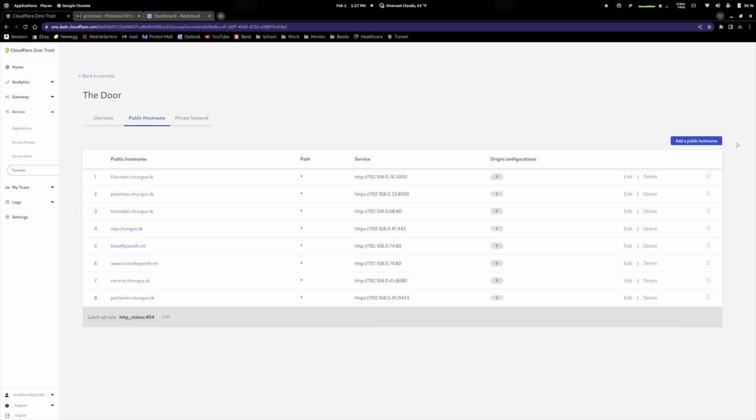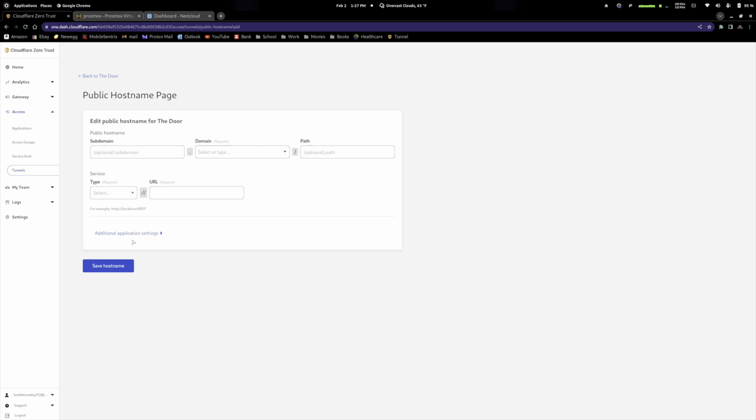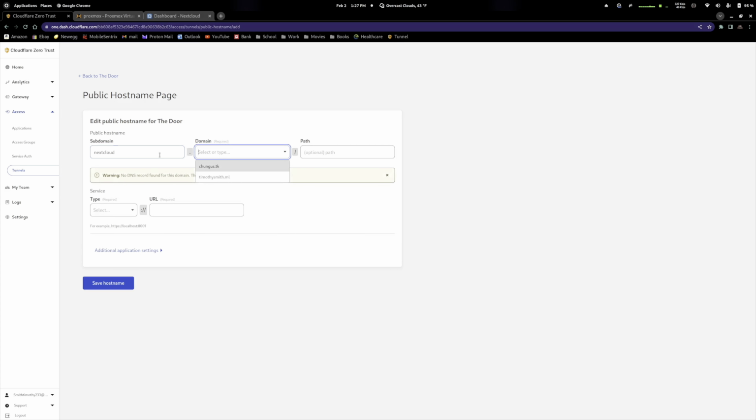So if I want to add one, I just click over here to add a public host name. And this is the screen that you're going to be greeted with once you create your first one. So once you come on here, you're going to just name the subdomain. We're going to go ahead and name it Nextcloud. And for the domain itself, I'm going to go ahead and use Chungus. We don't need the path, but for the service right here, you're just going to click down. We're going to go ahead and use HTTPS. The URL is going to be the IP of Nextcloud, so it was